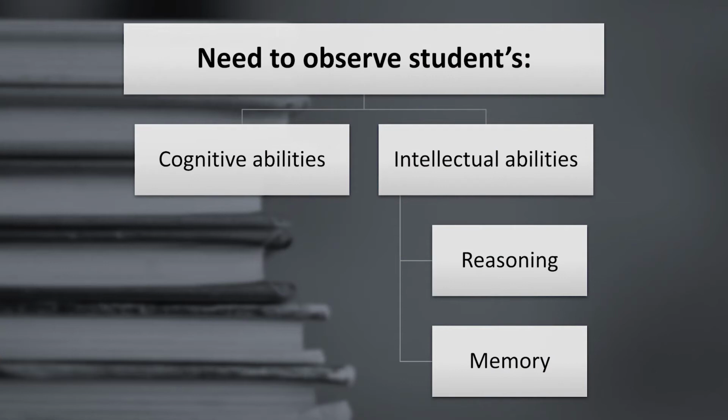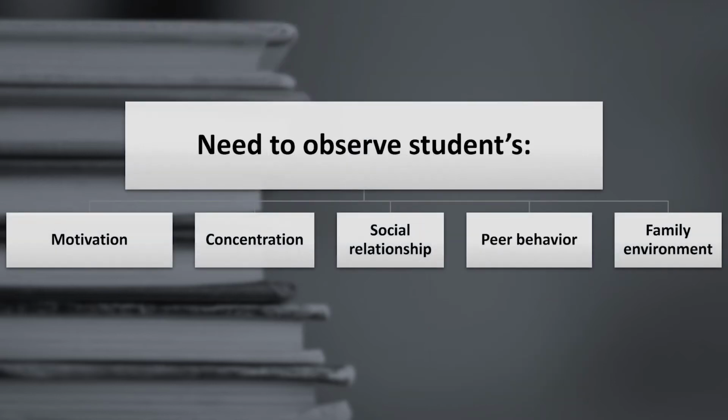You are going to observe, number one, the student's cognitive abilities, intellectual abilities, in terms of reasoning, memory. There are many domains of intellectual abilities. You need to observe the student's motivation. You need to observe the student's concentration, attention. You need to observe students' social relationships, students' peer behavior. You need to observe the students'